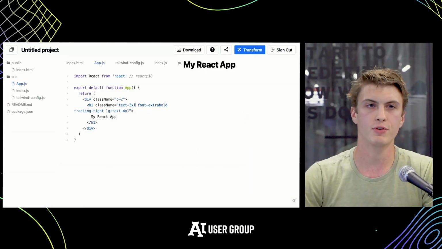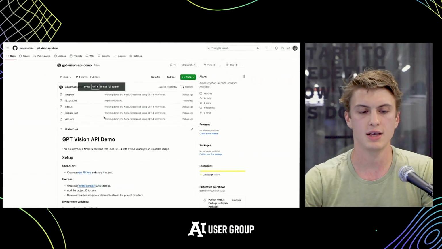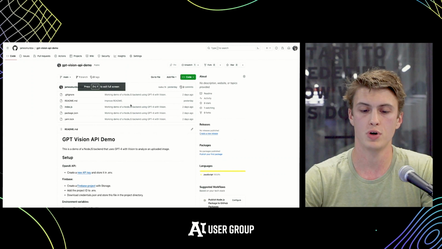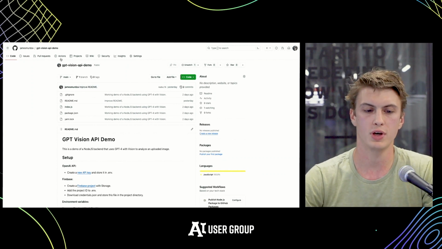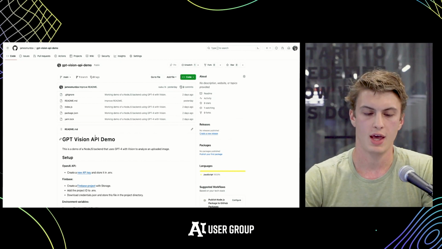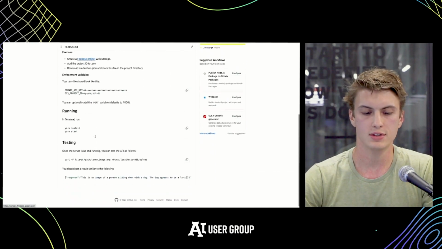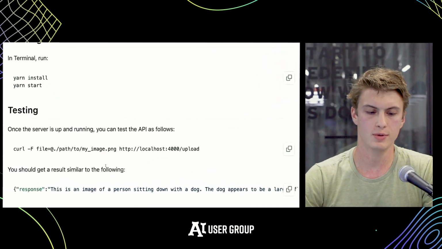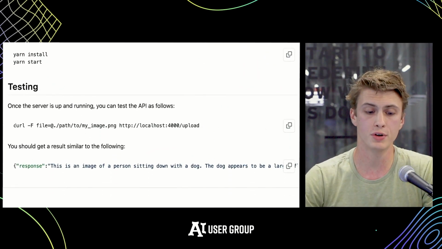So in this case, I've created a backend as a demo, and this is a repository on my GitHub. You can check it out yourself. It's called GPT Vision API Demo, and what it does is, you can see here, it just creates a server,